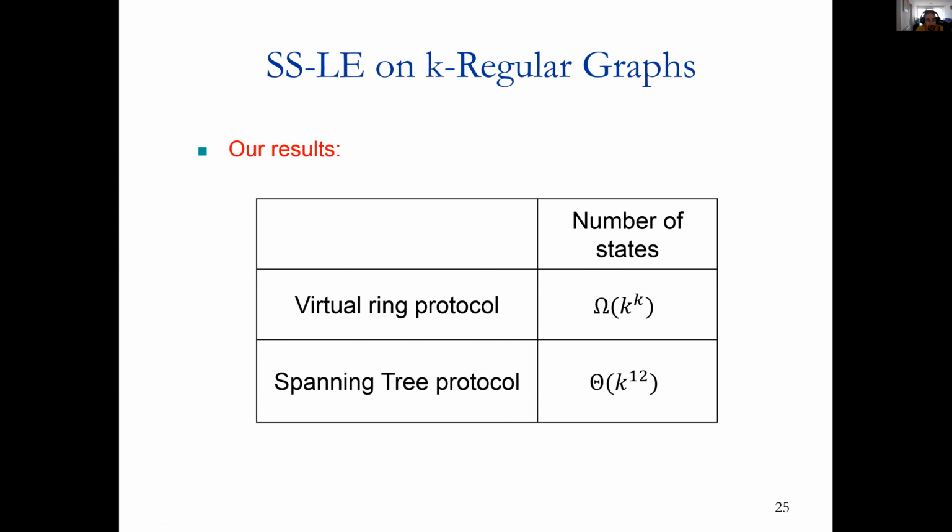The question is, what is the stabilization time, or do you have any bounds on the stabilization time? Okay, so the time is really bad. The previous work on the ring protocol is e to the order of n squared, and we use that as a sub-protocol. So we are adding at least one more exponent. So it's at least doubly exponential, at least 2 to the 2 to the order of n squared. Probably much more than that.